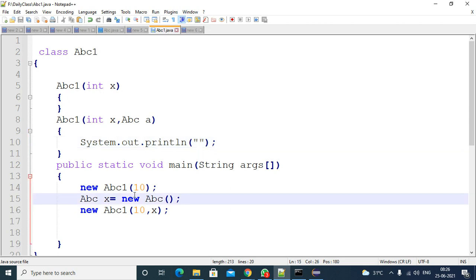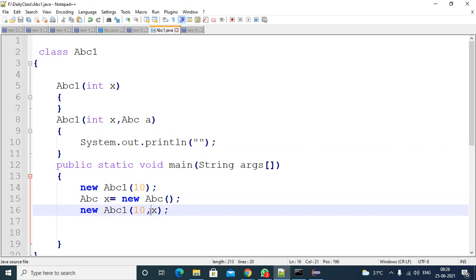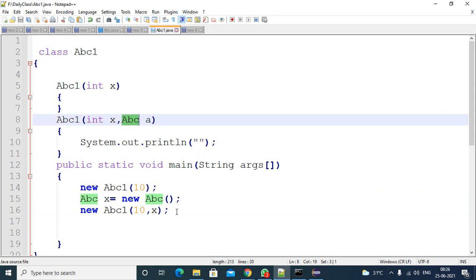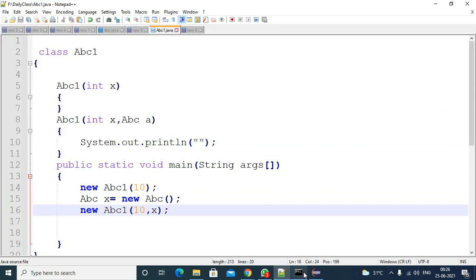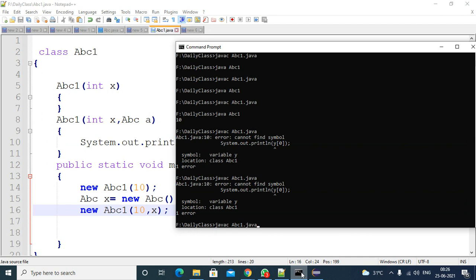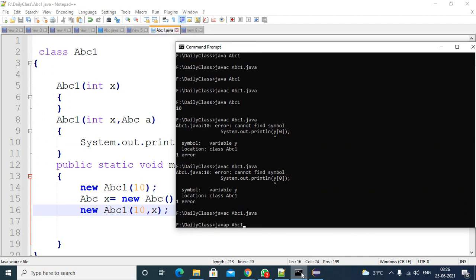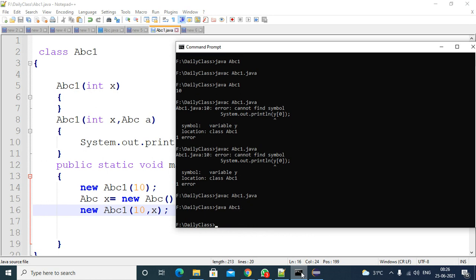So here you are creating an object, you need to pass this reference here. So why? Because here the variable is of type ABC type, so you can pass in this way. So compile the code, compile, you are not getting any error. If you run it, you don't get any errors, right?